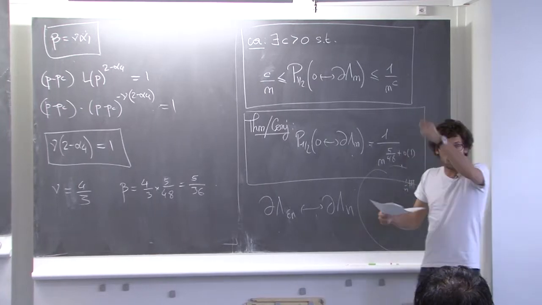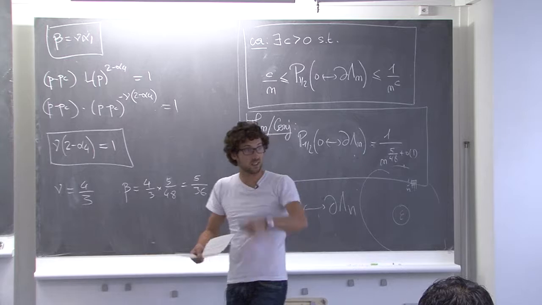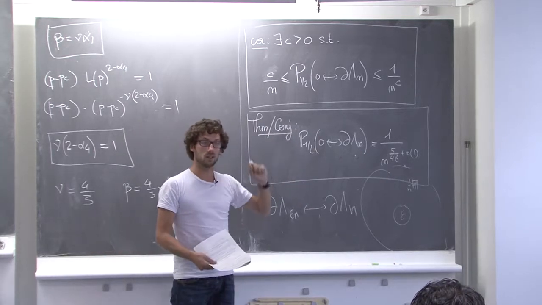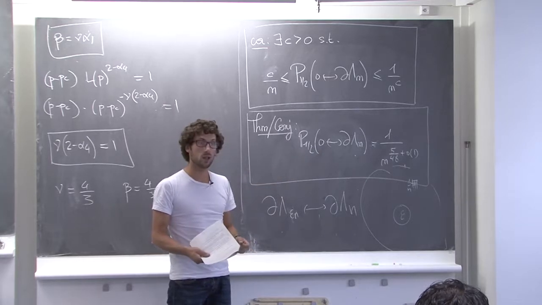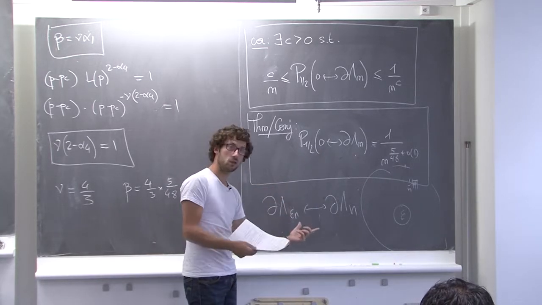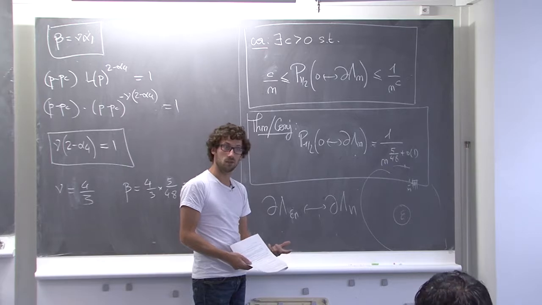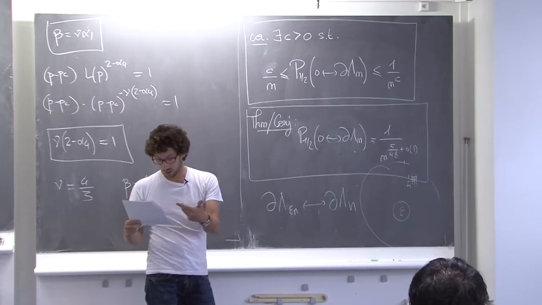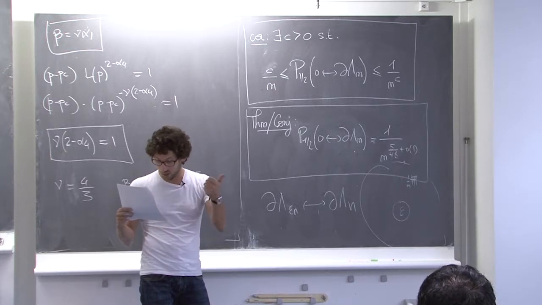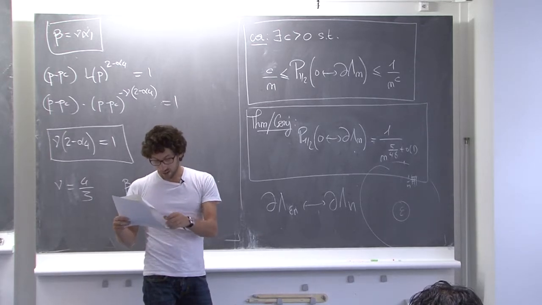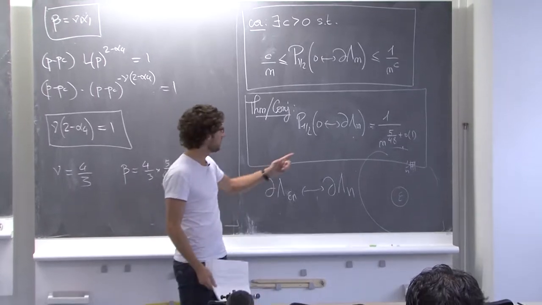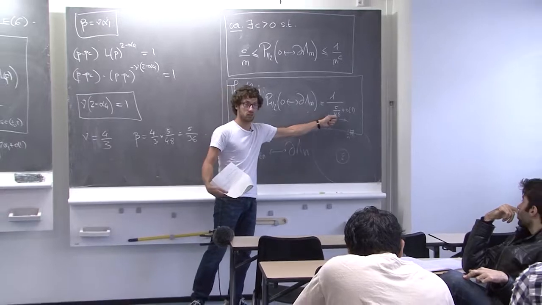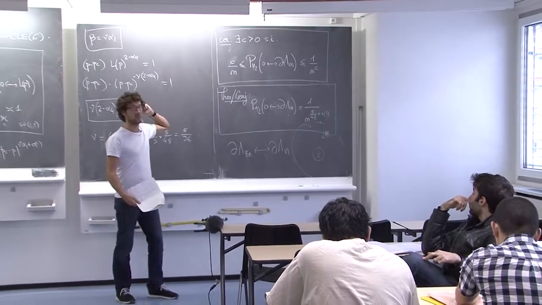And when you put all the pieces together, you get that the probability of 0 connected to distance n is 1 over n to the 5/48. This property that you can cut is called the quasi-multiplicativity of the arm exponents, or the arm events, and that's what you prove in question 6 for the one arm. But is it to help to prove convergence? No, it's to help to extract the critical exponent here from the scaling limit.